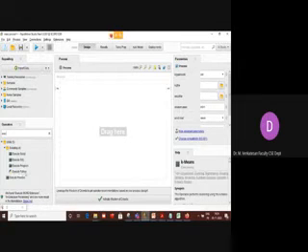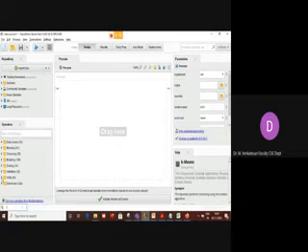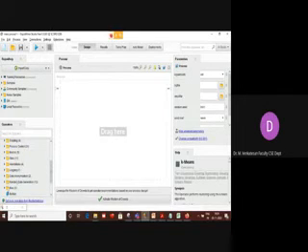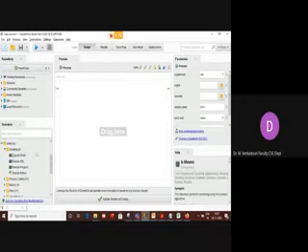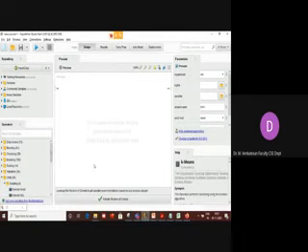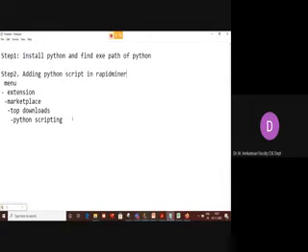Execute Python. See here, are you able to see under the utility? Under the utility, you have execute Python. So if it is there, it means Python is integrated. Okay, you can see like this, or you can go here and you can see scripting under the utility, scripting, execute Python. So you have added Python. So this is two steps. Then step three.